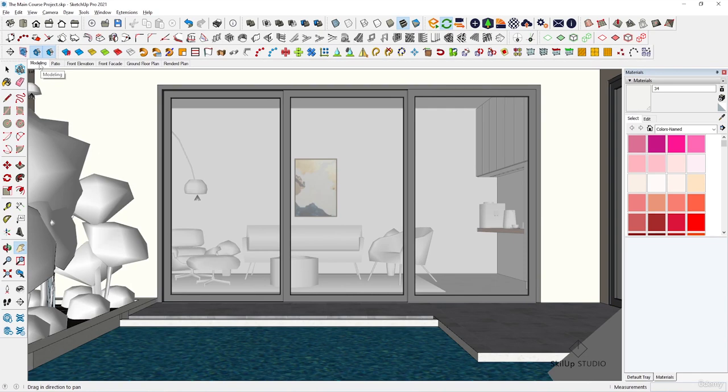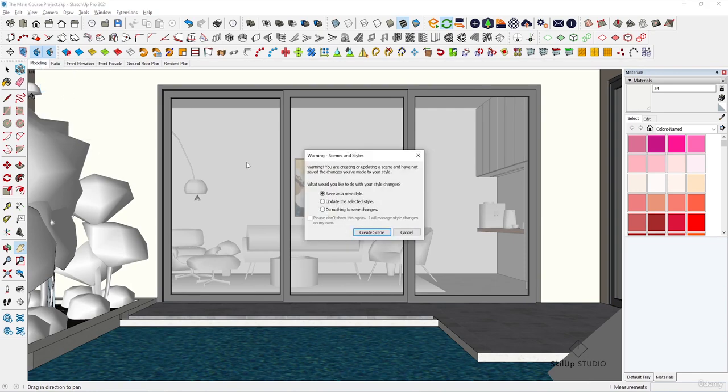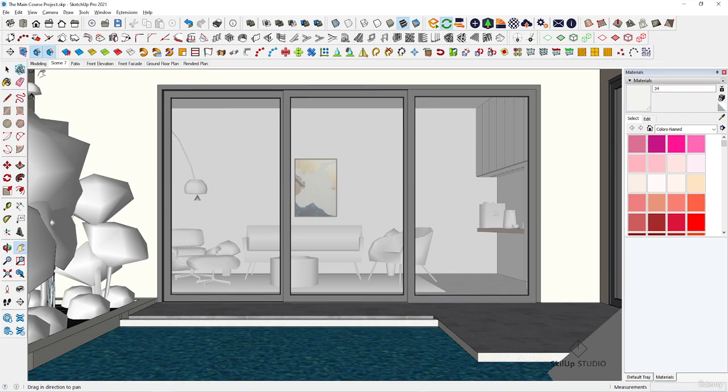Then we will add a new scene and name it Battery 1. The next scene, its camera will be at this place